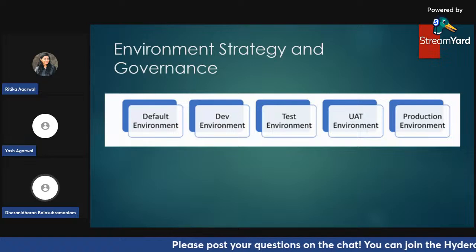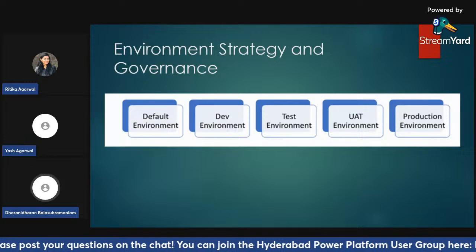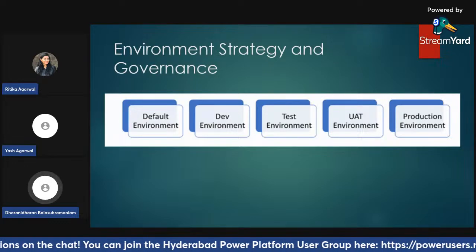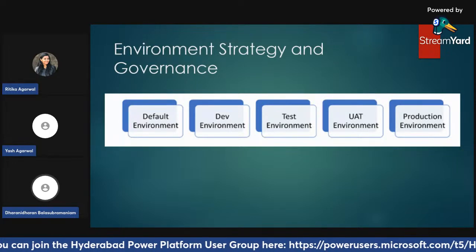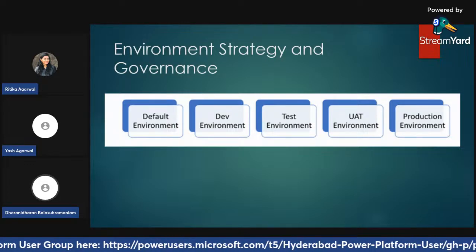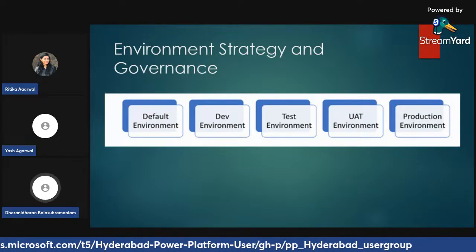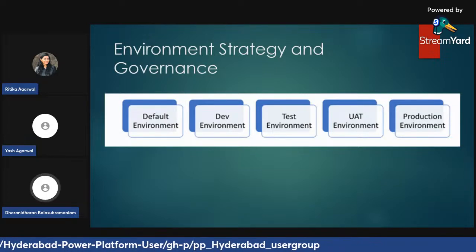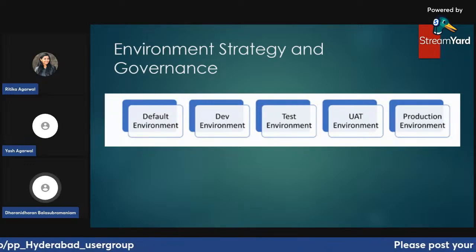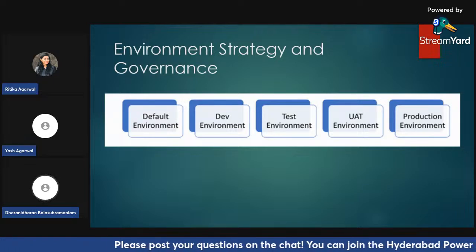Next, we have the test environment. Some people call it a QA environment, some call it a SIT environment. It has various names. This test or SIT environment allows us to validate all the changes, and the testers will do thorough testing. They will take the user story acceptance criteria and validate against it to make sure the developers have built this feature as per the acceptance criteria, and they will catch any issues before it gets into the UAT environment.